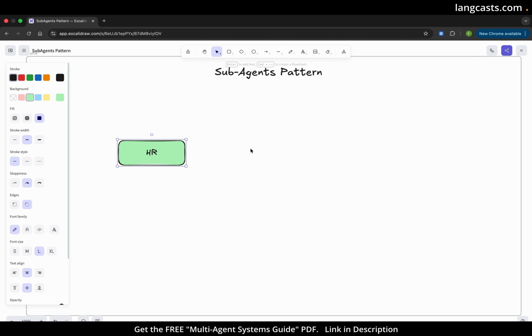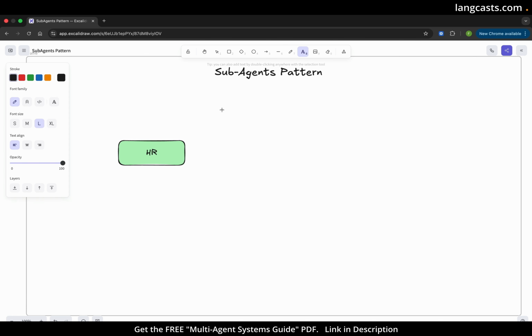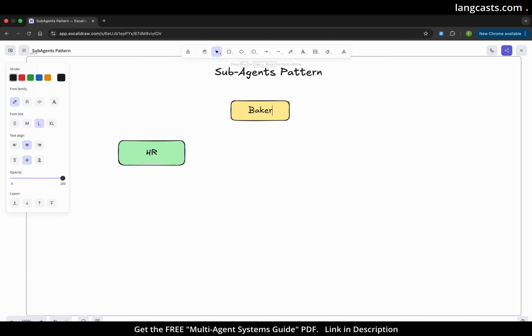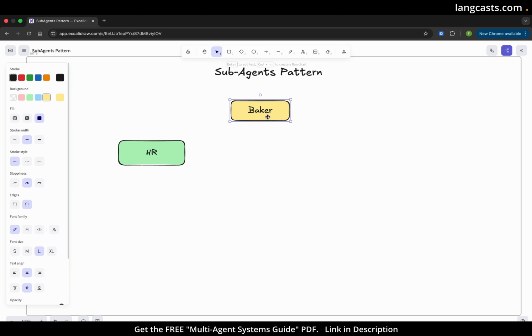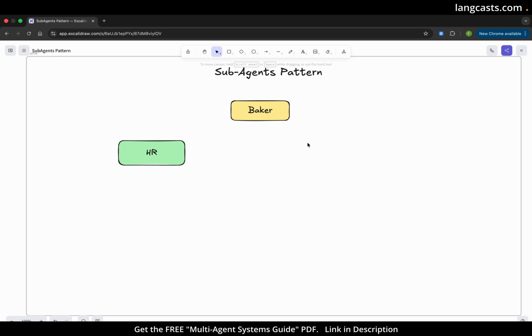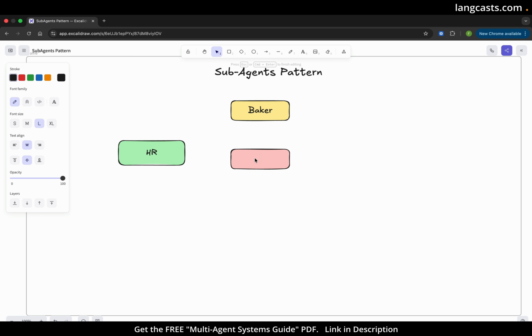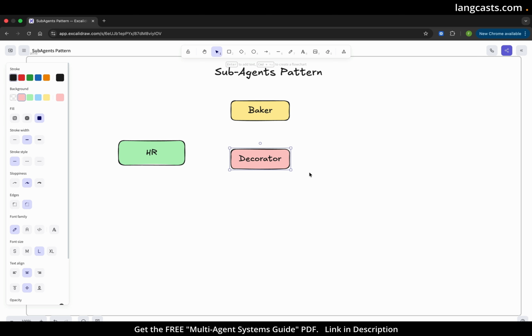What would we need for Susie's birthday? Definitely won't want to miss out on a cake. So you need to call a baker to get a cake. Now what next? We need balloons. We need to have the staff room decorated. So yeah, definitely we need a decorator or an event planner or whatever. Let's just say a decorator, to make sure that the staff room is decorated and everything is nice for